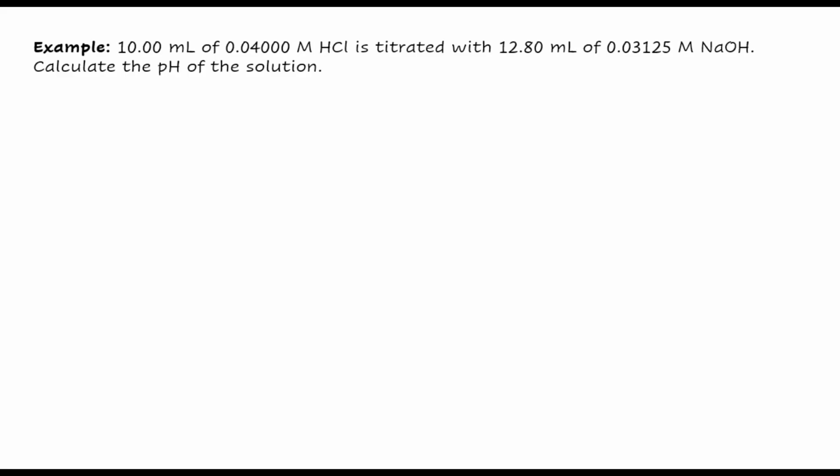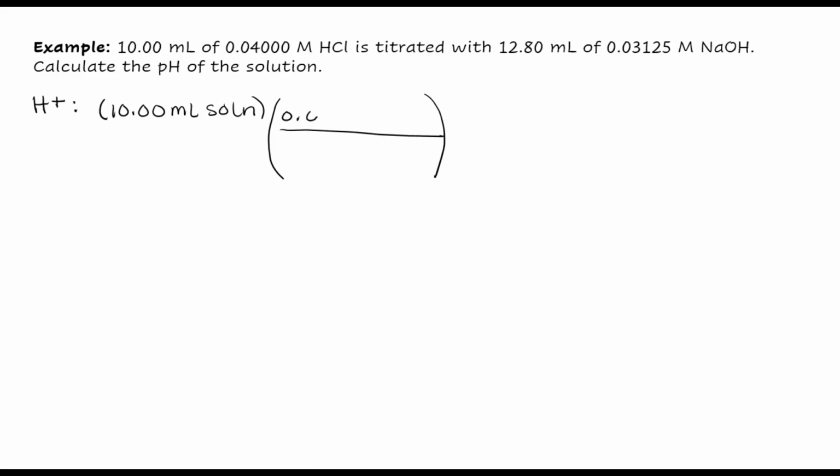So let's work through an example to see what this looks like when we are actually doing the calculations. Because we notice that our titrant is greater than 0 mL, we need to set up a millimole table. So we'll start by calculating the millimoles of our H plus. We get this from 10.00 milliliters of solution times the molarity of our HCl, which is equal to the molarity of our H plus.